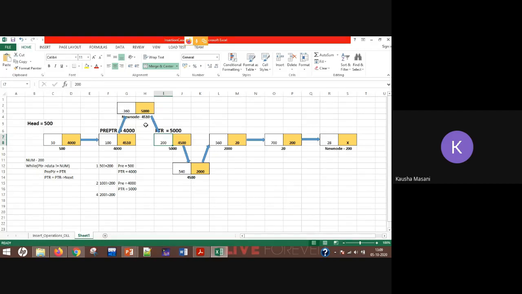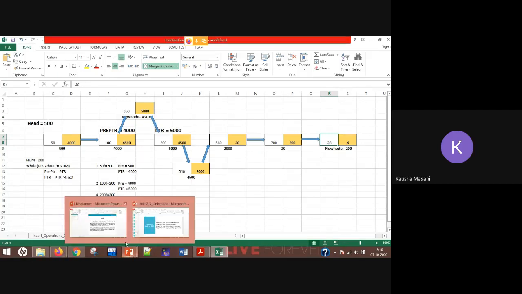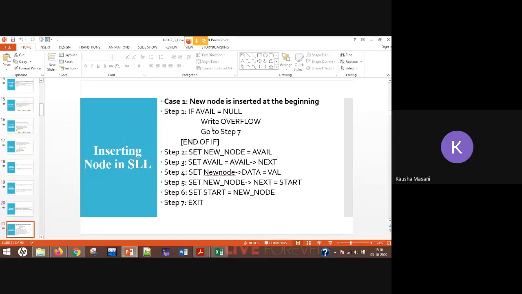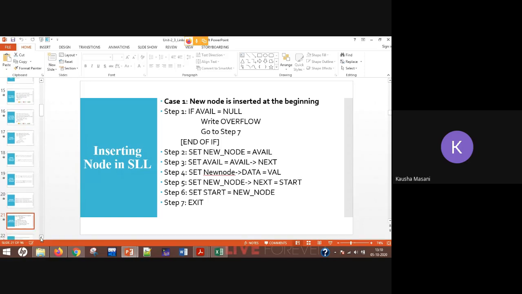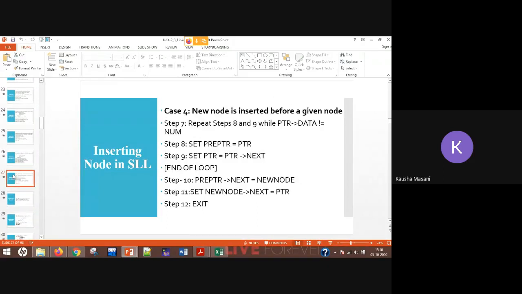So we had entered this one. We have also seen the case after the specified value insertion. So this was what the node was. We have seen insertion at the beginning and insertion at the end. So far we have discussed these algorithms one by one, and I had compared those algorithms with you. We have seen how the insertion is happening at the beginning. That is the algorithm that we have discussed so far. So 4 algorithms. I'm not going through them again.